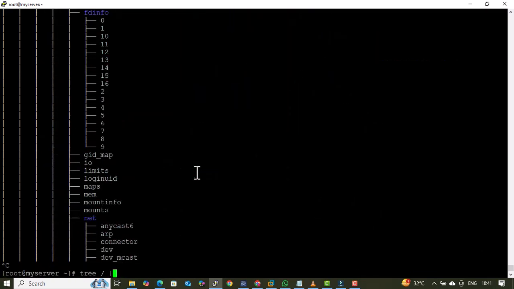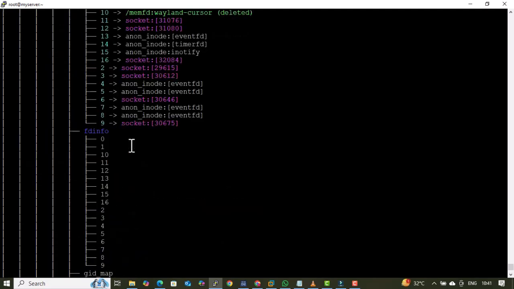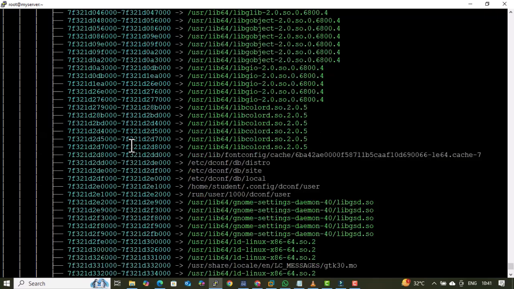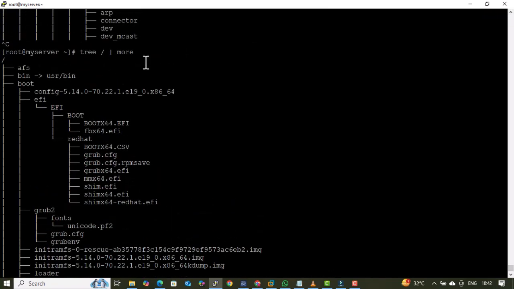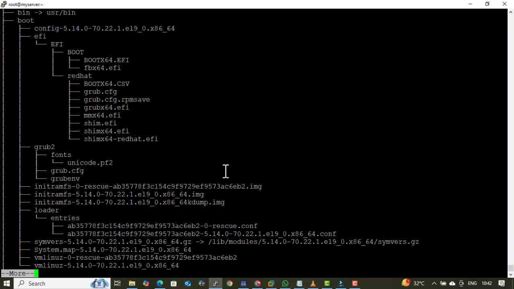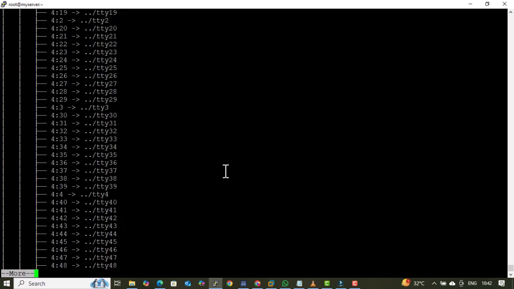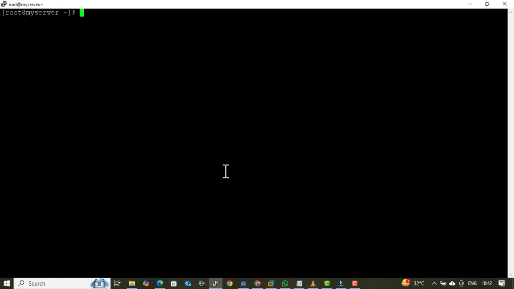Now we want only the top lines. We can use the more command. Now it is giving a very confined output. We can go slowly and check. From here we ran the command, and now we have only one page of output. Usually it pastes the output of one page. If we want to go further, we can press enter, or press the space bar key to go faster. It will print the output of the next page, like this. And if we want to come out of this loop, we can press Q. Q means quit.